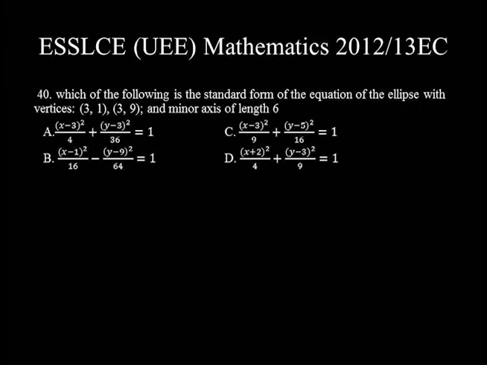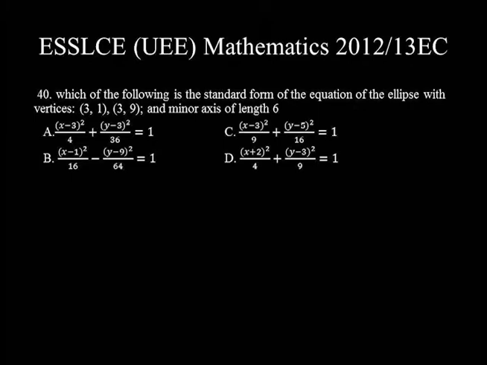In this part, we are gonna solve question number 40 to question number 52 of Mathematics ESSLCE of the year 2012-2013 Ethiopian calendar. Question number 40. Which of the following is the standard form of equation of ellipse with vertex (3,1), (3,9) and minor axis of